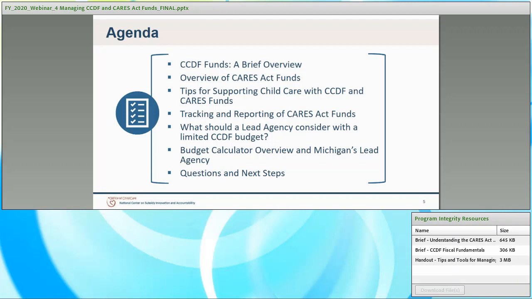We're really excited to talk to you about CCDF and CARES Act funds and to provide tips on how to support the child care industry. To start, we're going to do just a brief overview of CCDF funds. This should be a refresher for most people. We'll also do an overview of the CARES Act funds and how those funds can be spent. And then we're going to go into a deeper dive on tips for supporting child care with CCDF and CARES